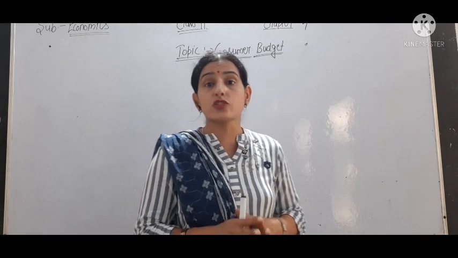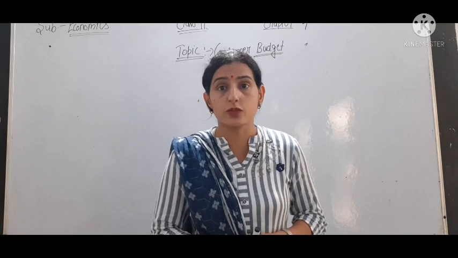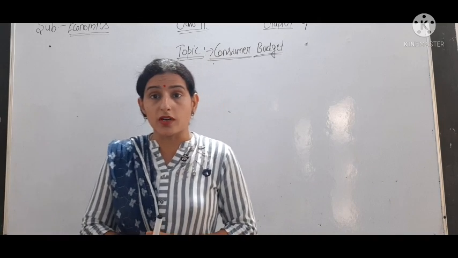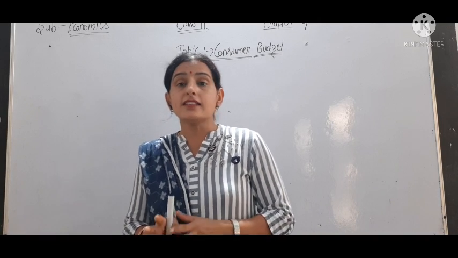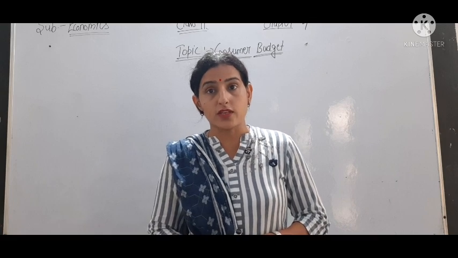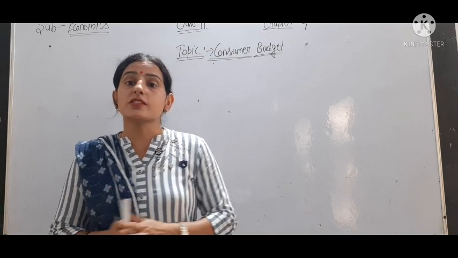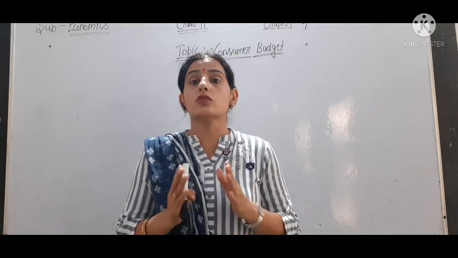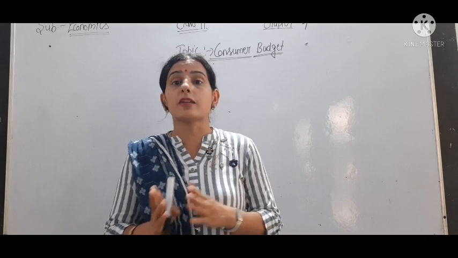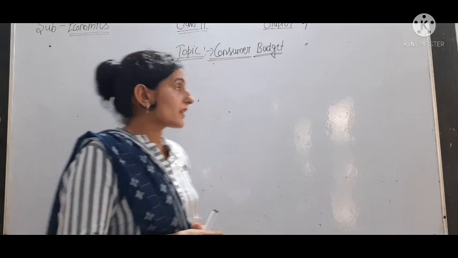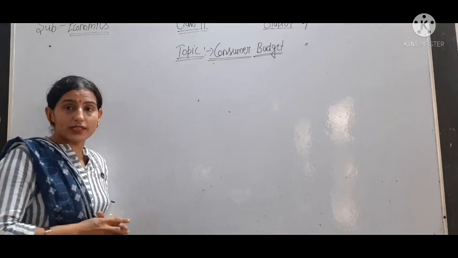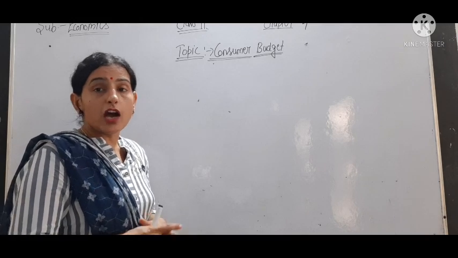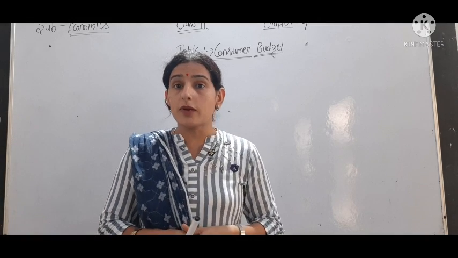It mainly shows the possible combinations of two goods that a consumer can purchase and get the same level of satisfaction. Okay, if the consumer chooses any one of those combinations, then his satisfaction level remains the same. Then we talked about the properties of the indifference curve. Now we are going to talk about consumer budget.